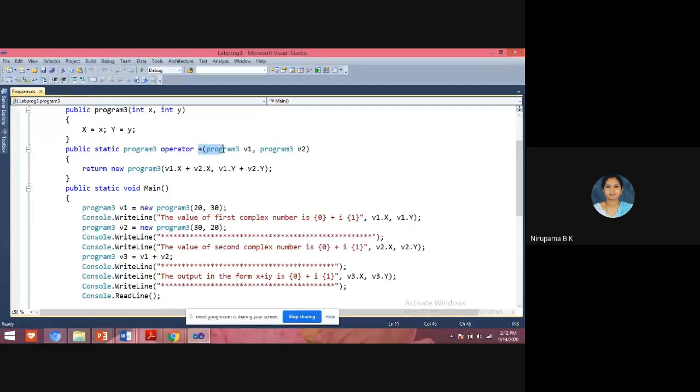Using this operator overloading, we are adding two complex numbers, and we have to display the output. Yes, students, I'll run this program.